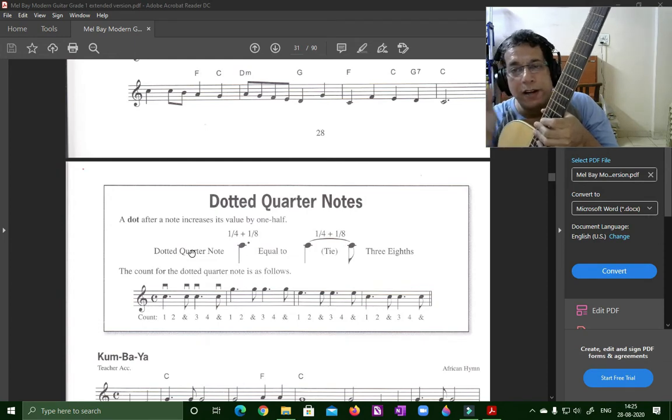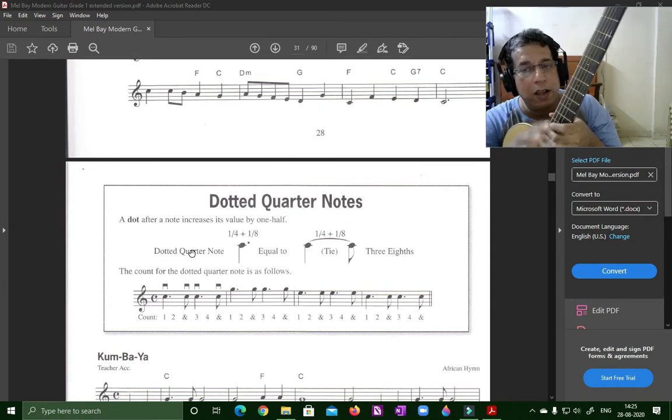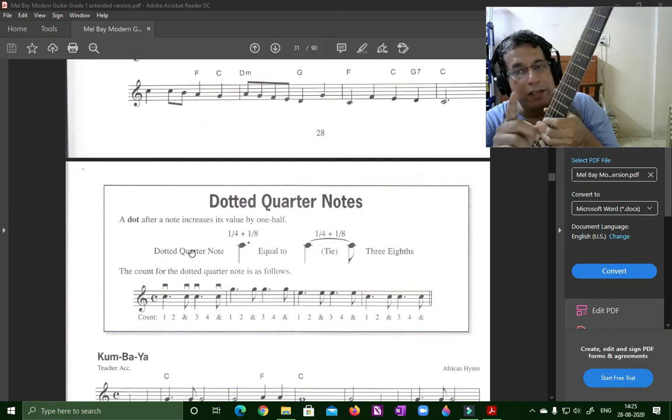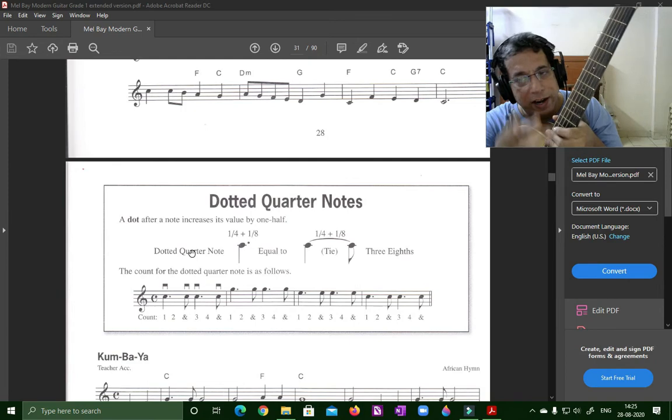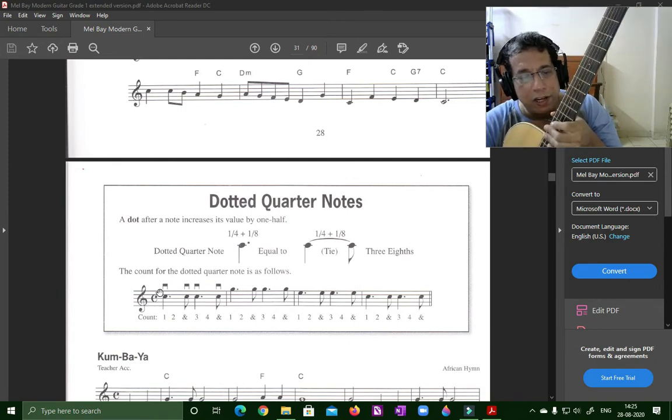Instead of saying 1, 2, 3, 4, 1, 2, 3, 4, I will now say 1 and 2 and 3 and 4 and 1 and 2 and 3 and 4 and, and this will take care of the quavers, which are half beats, and the dotted crotchets, which are 1.5 beats. So have a look here, you can see my cursor.